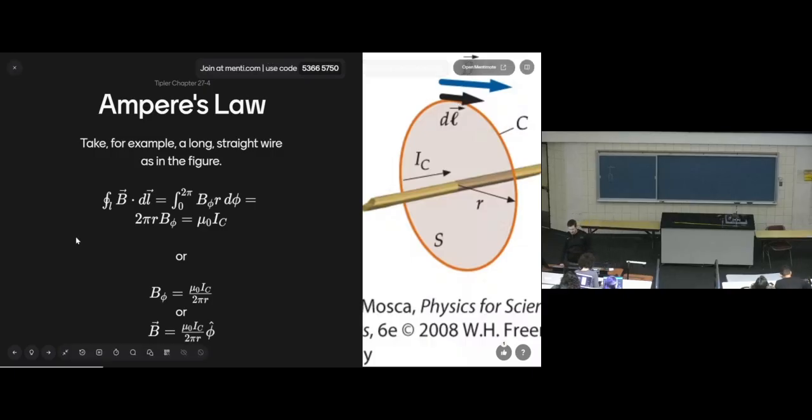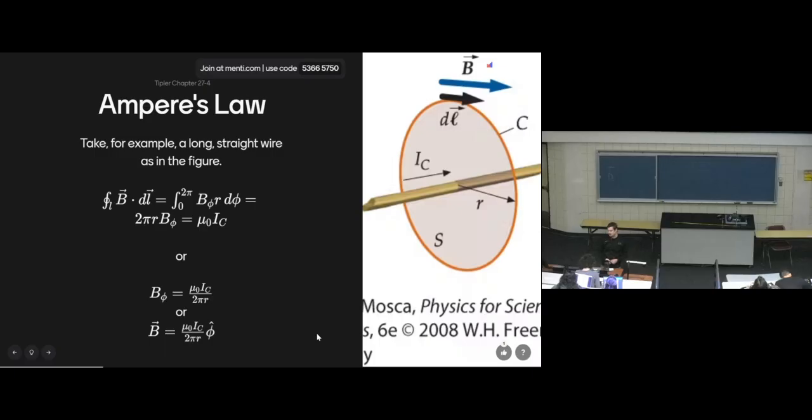Taking the integral around, the magnetic field strength gets pulled out to the left of the integral. Then I'm just integrating dl, which is the perimeter of the circle, 2 pi r. Mu naught I does not change. So we calculate that the magnetic field around that infinite wire is mu naught I over 2 pi r times